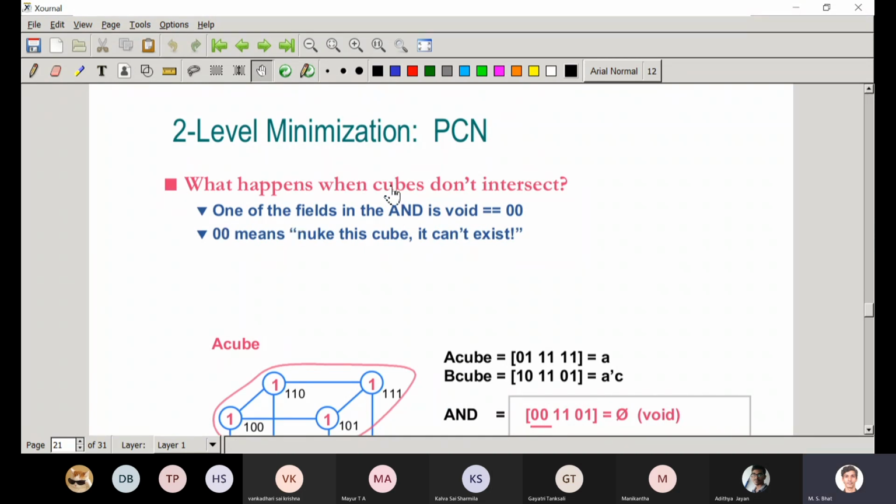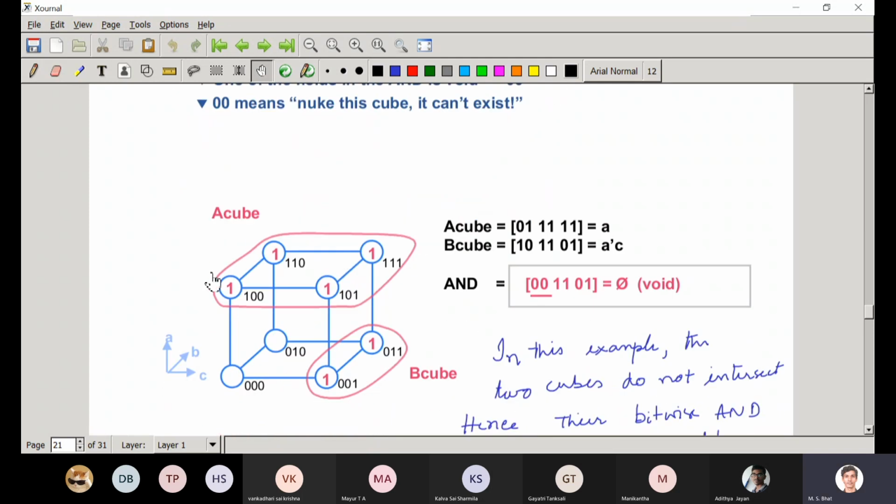So what happens when cubes don't intersect? You will get a void. Void means the intersection has no meaning. 0 0 means drop this cube, it can't exist. Let us see the same thing again. Suppose your A cube is this and B cube is this.